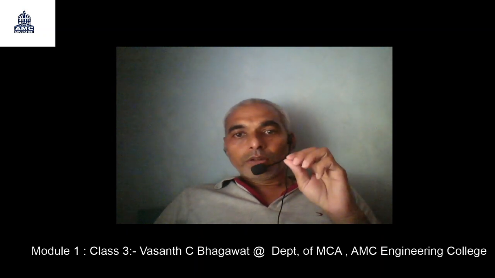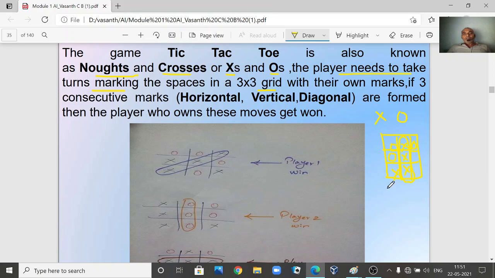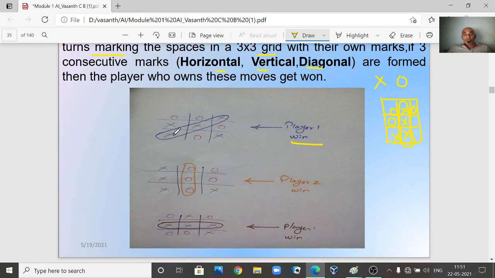When we say that X has won this particular game or O has won, if you observe the entire board, player 1 has won this game if diagonally all are X. Either diagonally, horizontally or vertically, if a player occupies those positions.